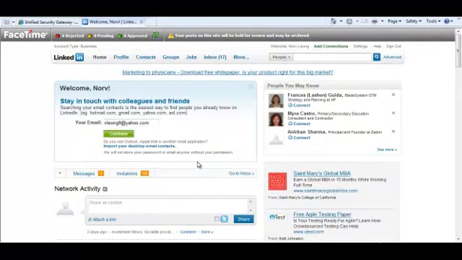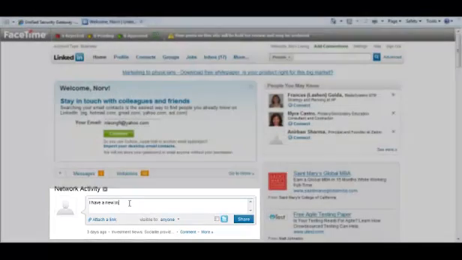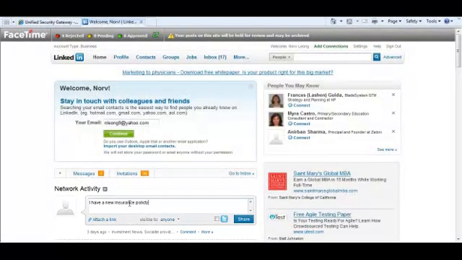So let's imagine that I want to update my status on LinkedIn. I want to write, I have a new insurance policy to offer that's free and delivers a 90% return guaranteed. So we're going to hit share, and you'll see that the dialog box pops up saying that the website